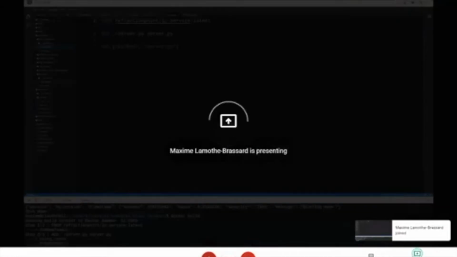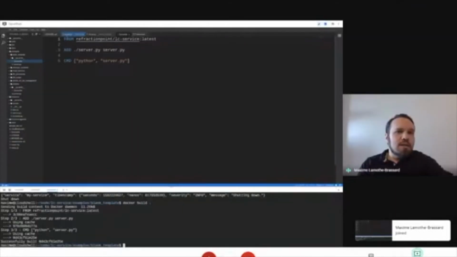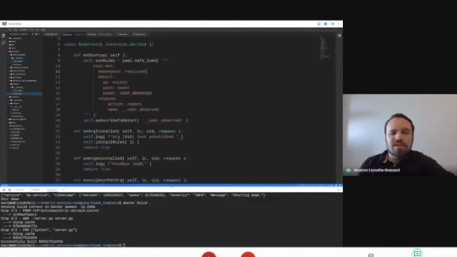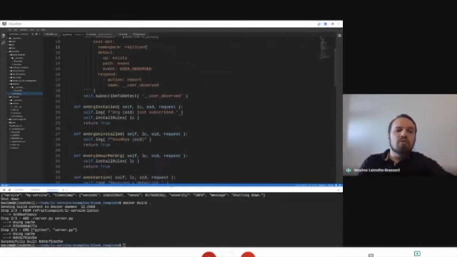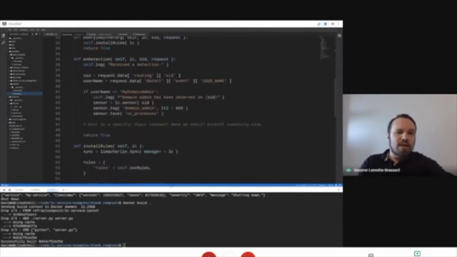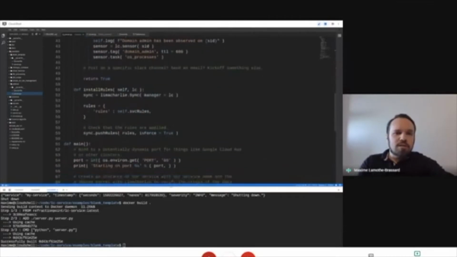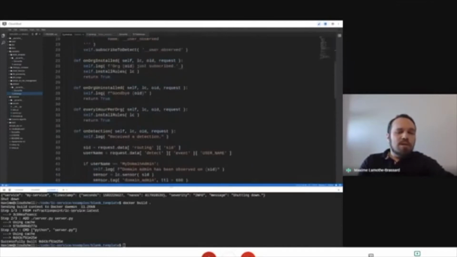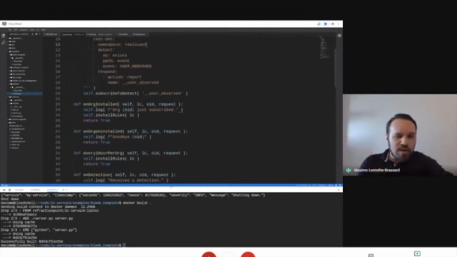So to do that, I will go back to my shell, and we will look at a slightly different one that I spent 5 minutes before this to get set up, just to give you a bit of an idea. So here's a service built from the same template, and we're doing a few different things. So I'll just pan over a little bit. You see that it's probably like 30 lines of real code, if that.